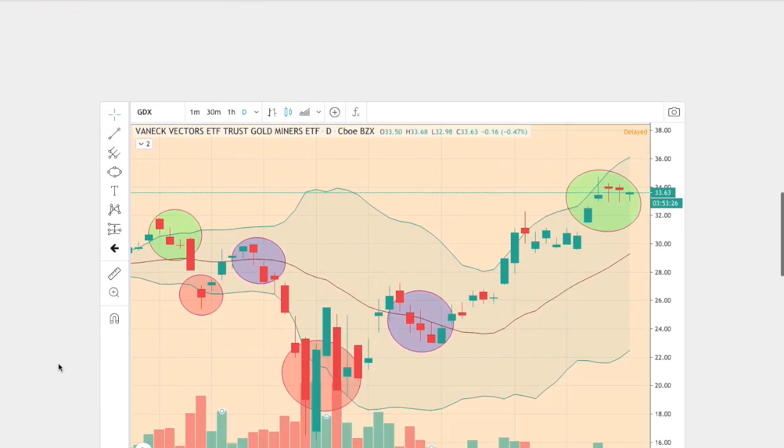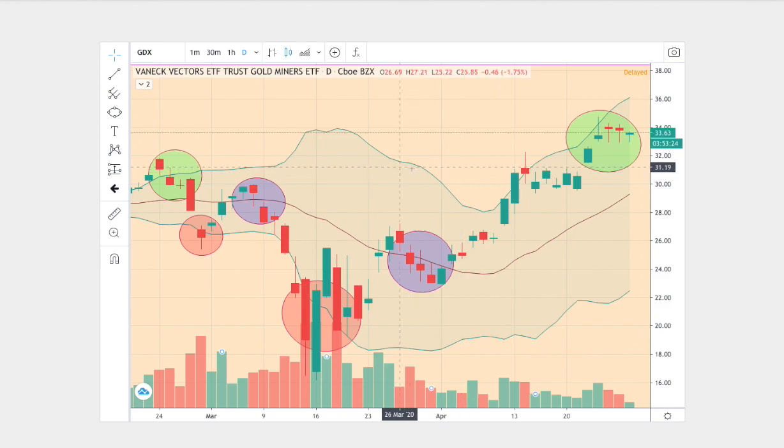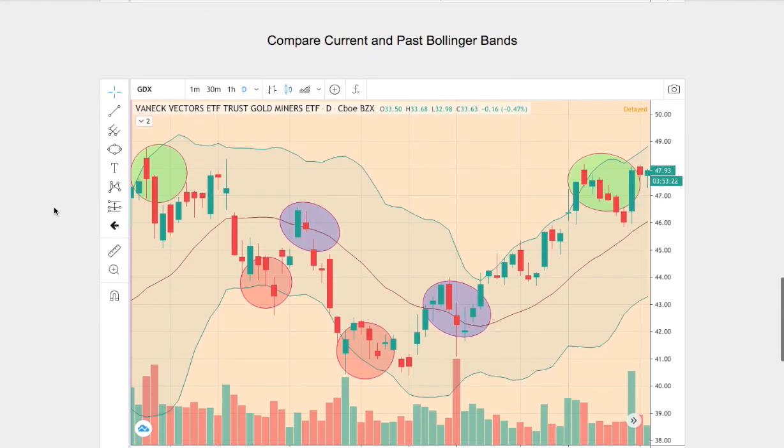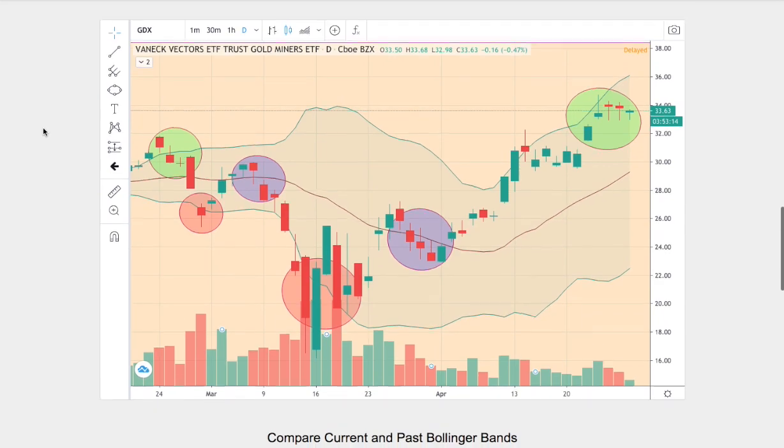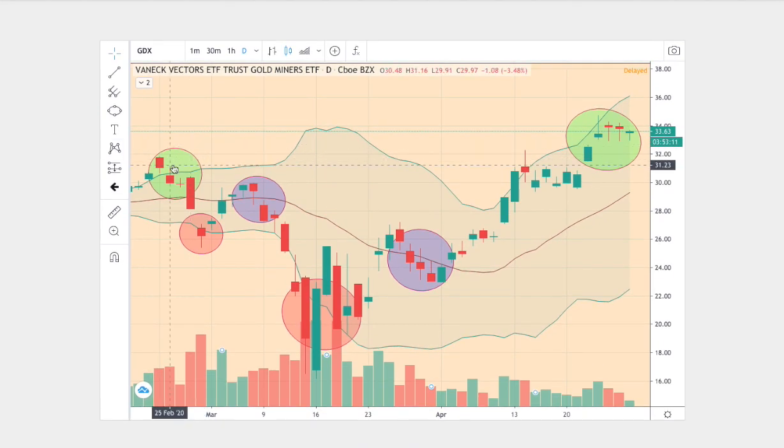And below is the trend that I believe is the best match, and this trend dates back to June 1st to August 27, 2012. So let's point out why these two charts are similar. We start off at the upper Bollinger Band, touch the bottom Bollinger Band, revert back to the mean at the middle Bollinger Band, and once more we touch the bottom Bollinger Band. And as we make a reversal, we stayed at the middle Bollinger Band, and then to the upside we touched